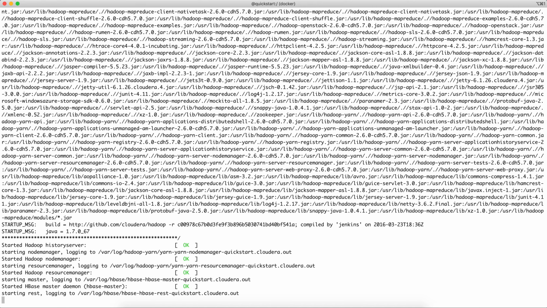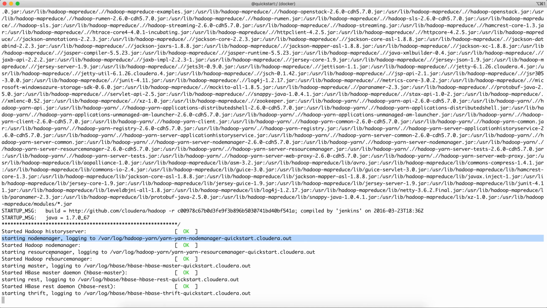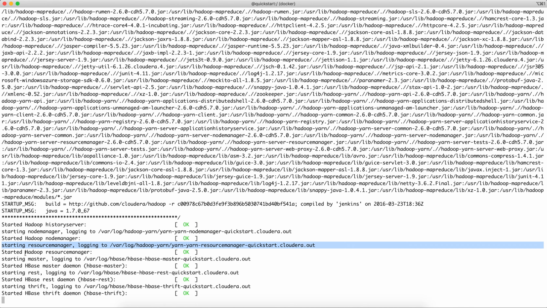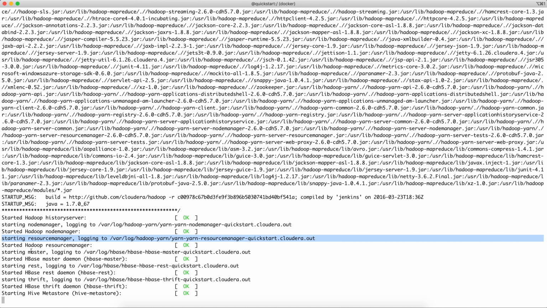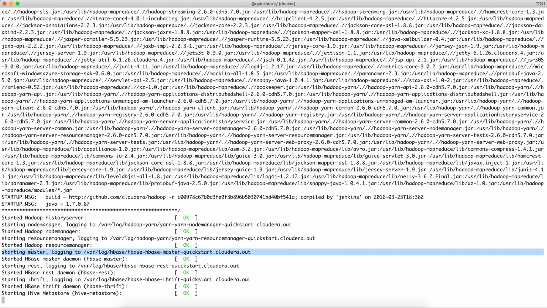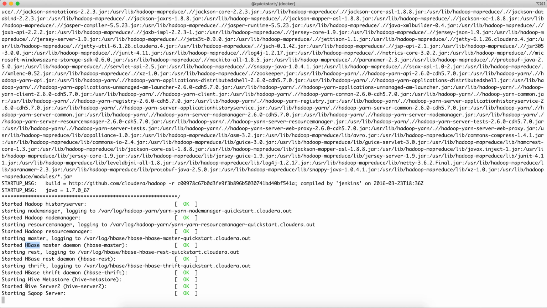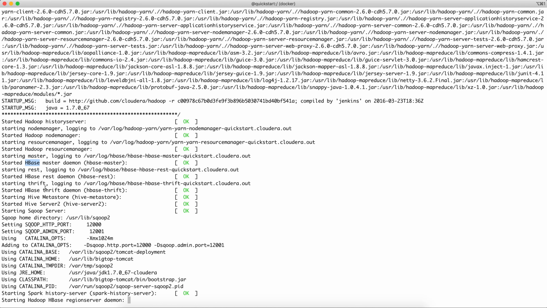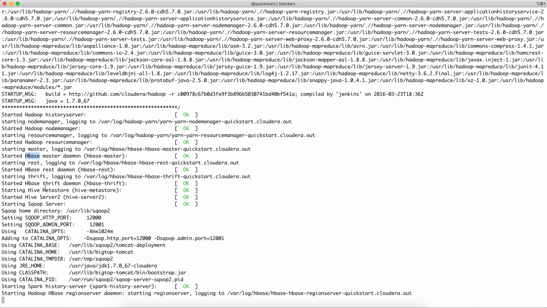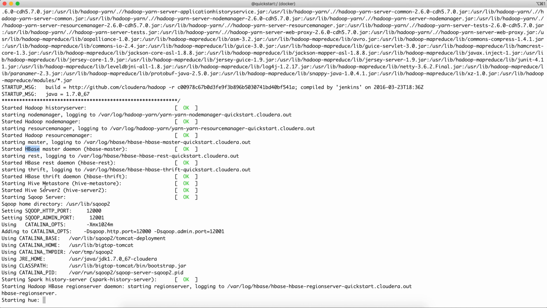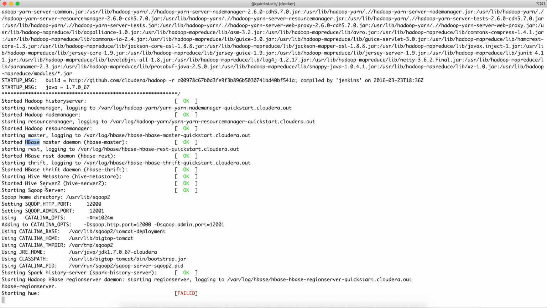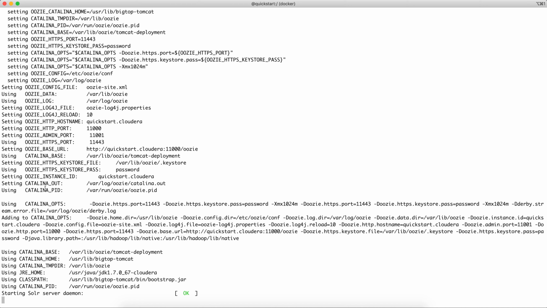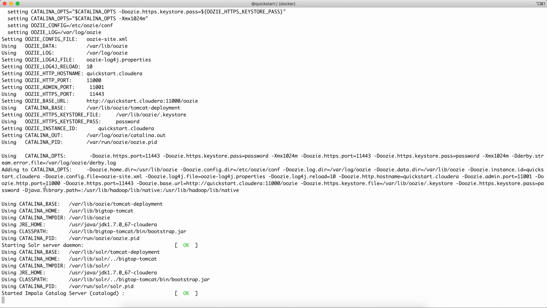As you can see here, it is trying to start the node manager, the resource manager, then the HDFS master node, HBase master node. So all the services that are necessary to start Hadoop development are being started here. Okay, so with this, it has started all the daemons.